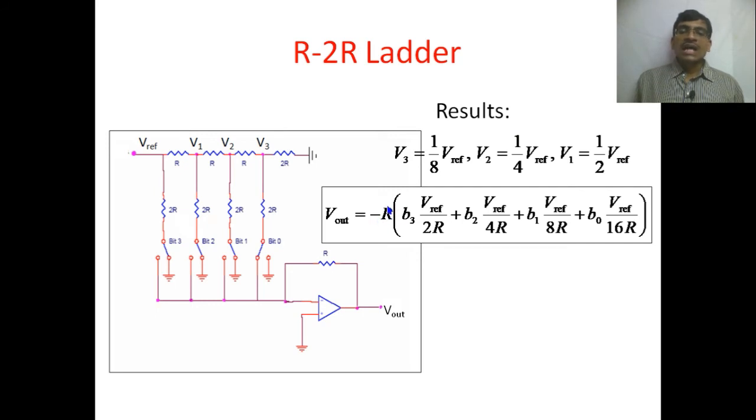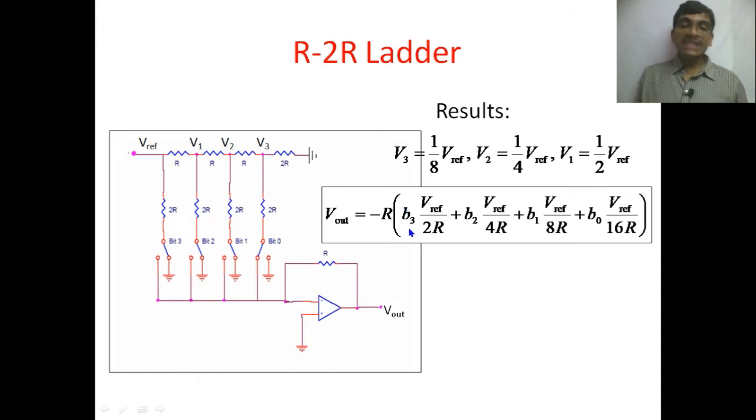So minus R, this I can be divided into I1, I2, I3, I4, which are flowing in these 2R resistances. So all these currents can be written as minus R into the current in this branch. What is it? The V reference voltage at this node divided by the 2R resistance. So the voltage at this node is V reference divided by 2R. So when will this current flow? Only whenever the switch closes. That's why we are mentioning it as B3.